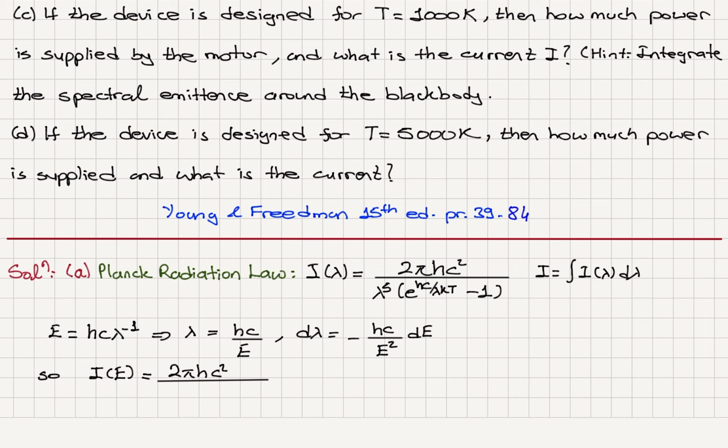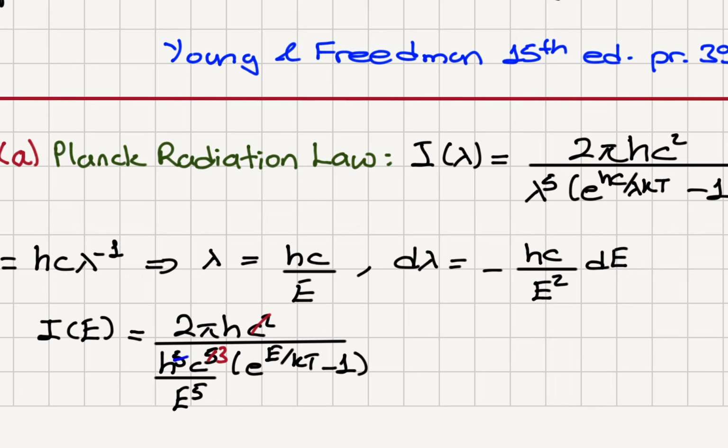So it is h to the fifth power c to the fifth power divided by energy to the fifth power, times e to the hc over lambda, which is energy E divided by kT, minus 1. Now you can see that this c squared will make this c to the fifth power c cubed, and here we have h to the fifth power. That's going to become h to the fourth power. So we obtain